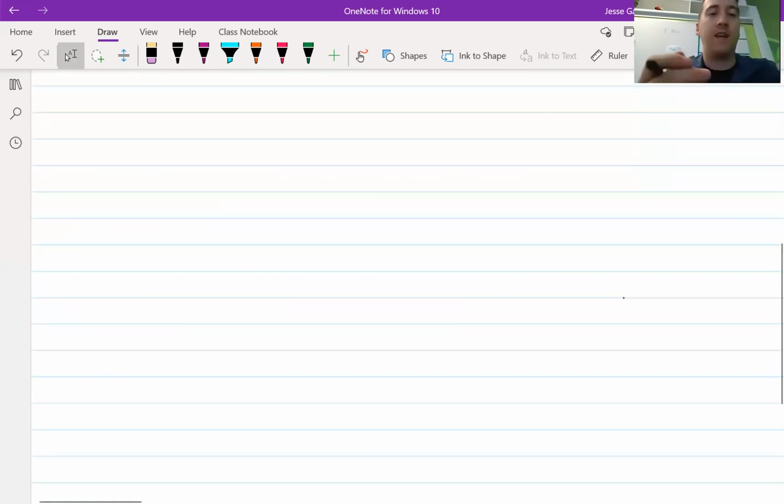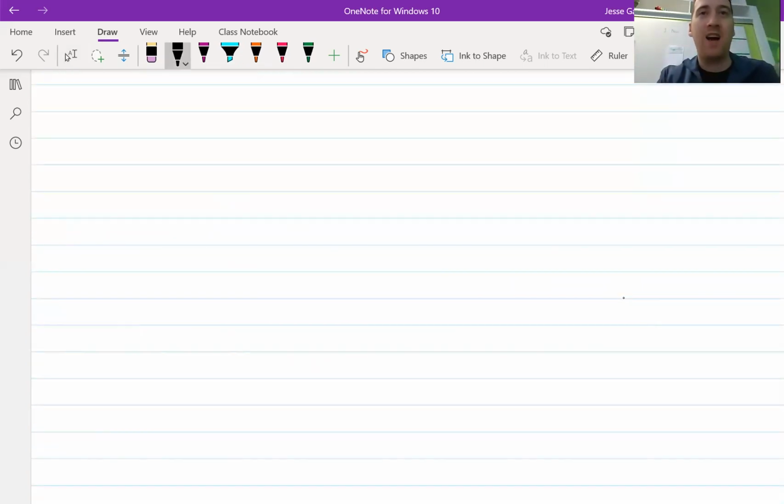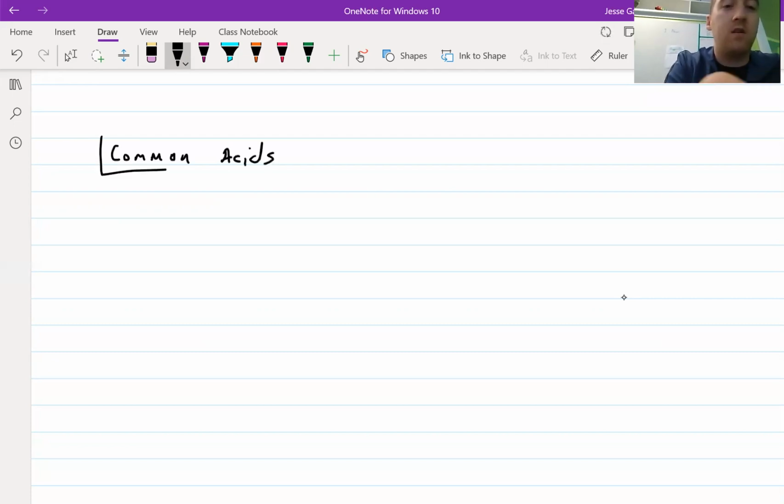What exactly is an acid then? Why are they acidic? First of all, we're going to look at some common acids that chemists would use. So not just our food and the stuff we can buy in the shop, but stuff we can buy chemically wise. We call these common acids, or sometimes common lab acids. So some common acids are